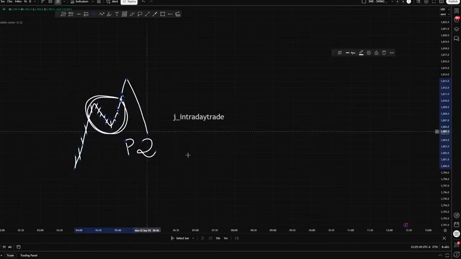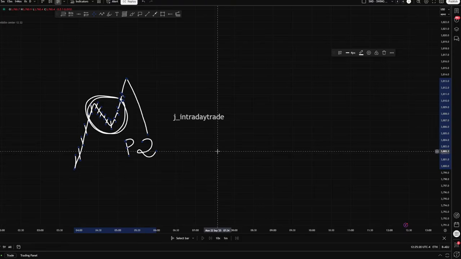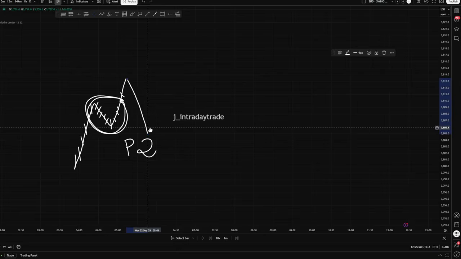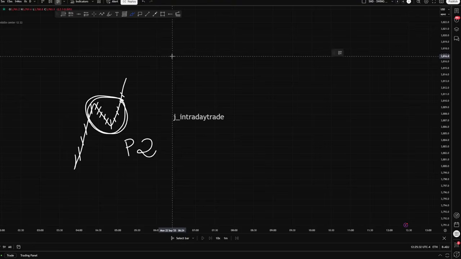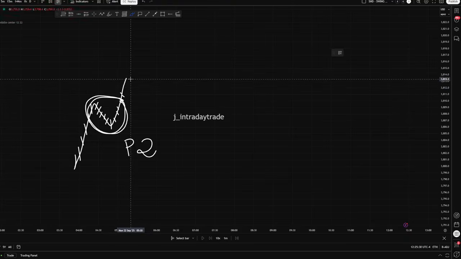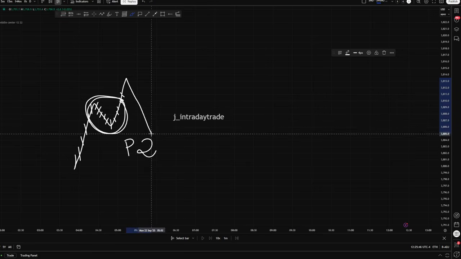So I don't count breathing rooms. I don't count the amount of swings. I don't count nothing of that. I read the current and the future with the expectation, right? So the reason why I say that, we'll dig deeper into breathing rooms just in a second here. The reason why I say that is because when price is up here, what are we expecting price to do in order for us to be part of this very move?